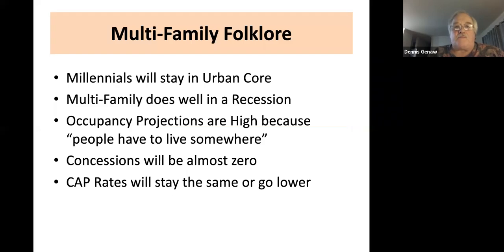So with that involved, what are the risks in multifamily? Now you have a generalized understanding of what syndicators do and what some of the terms involved are. So what are some of the multifamily risks? Things to keep in mind as a limited partner investor. And I call it the multifamily folklore, okay? You're gonna hear a lot of generic kind of statements and you really wanna question those statements, because I hear them from different syndicators that I talk to over time.